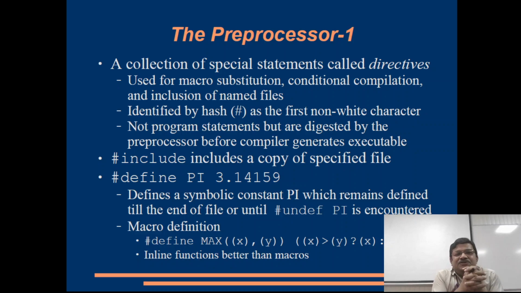Okay, so we start with a discussion on those directives that we had been including. I mean that #include directive in our program. So these are what we call all the directives that are indicated by a hash mark, like this include. So hash mark include. So these are called preprocessor directives, and